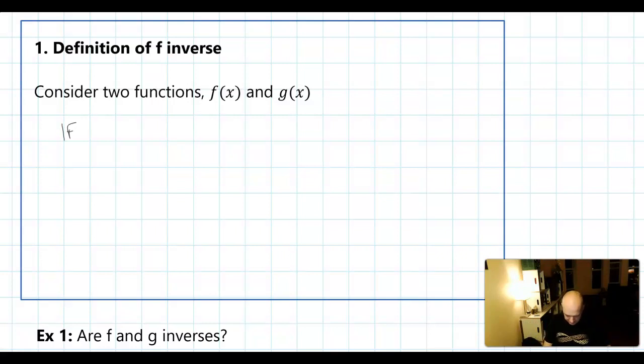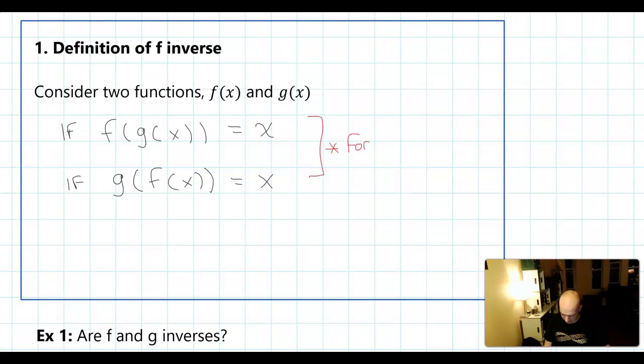I'll say if f composed with g of x is equal to x, and if g composed with f of x is also equal to x, maybe add a little star that says for all x in the domain of f and g respectively, because this doesn't work if we're plugging in x that gives you undefined values, of course,